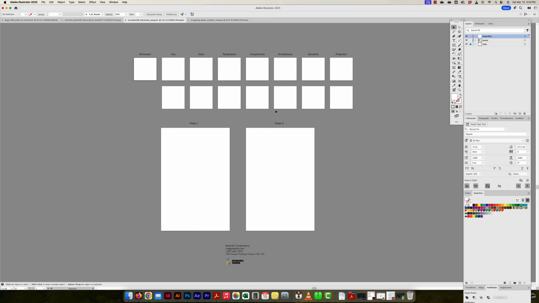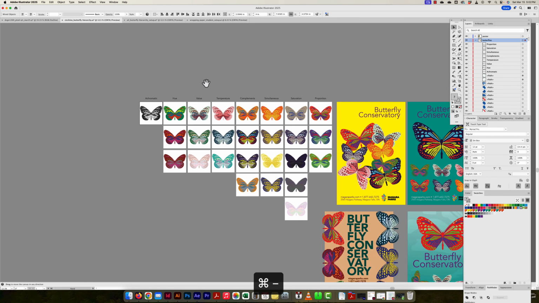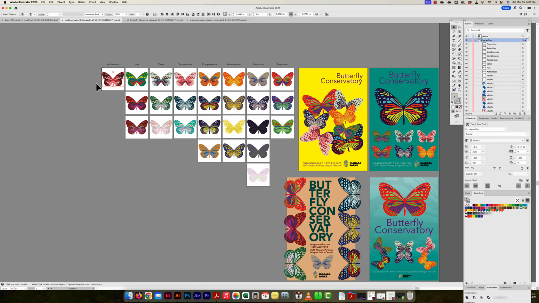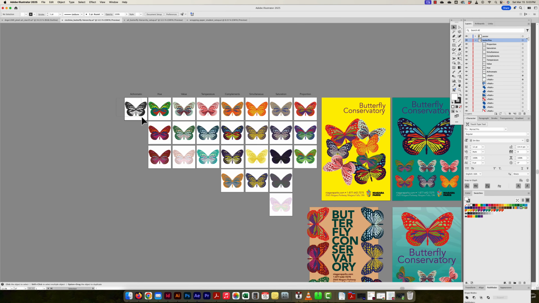In this assignment, what we're going to look at doing is playing around with the contrast of color, or the hierarchy of color, where we have hue, value, temperature, complements, simultaneous contrast, saturation, and proportion we're going to play around with. What I want you to start with, and what I did here on mine, I played around with all those contrasts. I started out with an achromatic, and then I played around with two posters. Where I made more, and you could always make more too. So I'm going to go to my